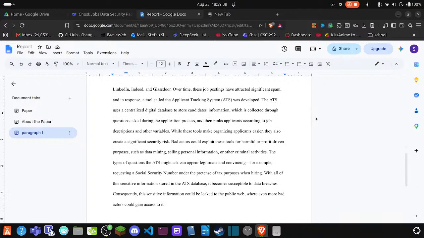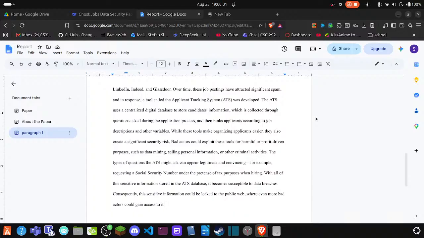Over time, these job postings have attracted significant spam, and as a result, a tool called Application Tracking System (ATS) was developed. The ATS uses a centralized digital database to store candidates' information, which is collected through questioning asked during the application